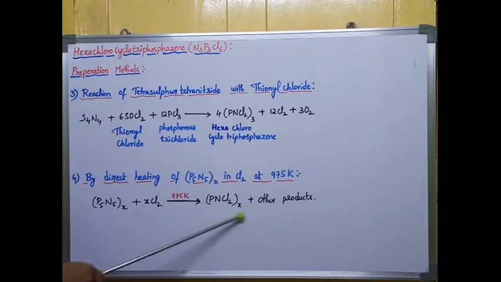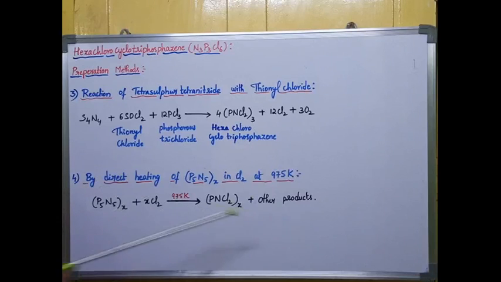I am getting this particular phosphazene along with some other byproducts. Here you can substitute the X place with 3 or any other number. Here we can produce not only triphosphazene, tetraphosphazene also can be produced. Substitute this X with the number 3, then you will get this product. Okay, so these are the preparation methods of